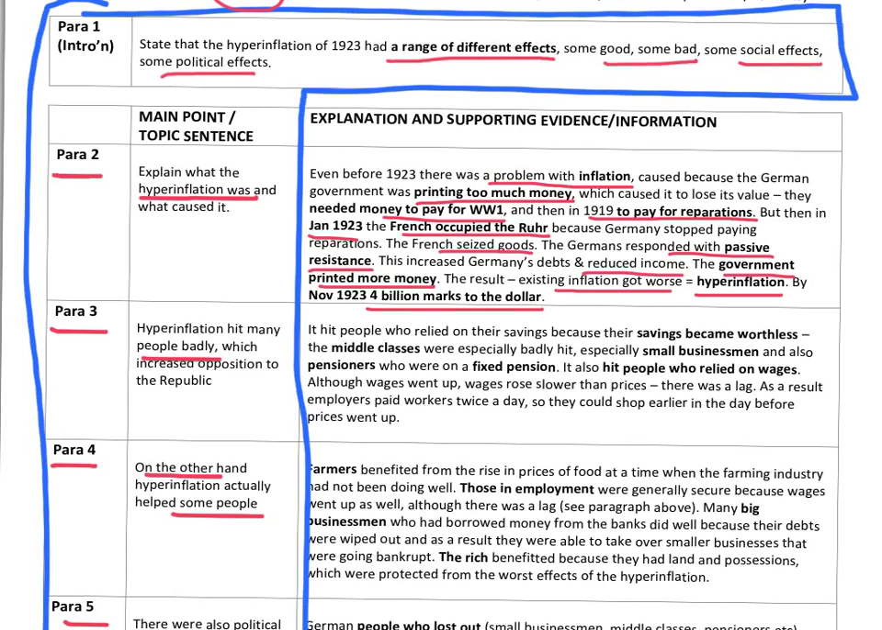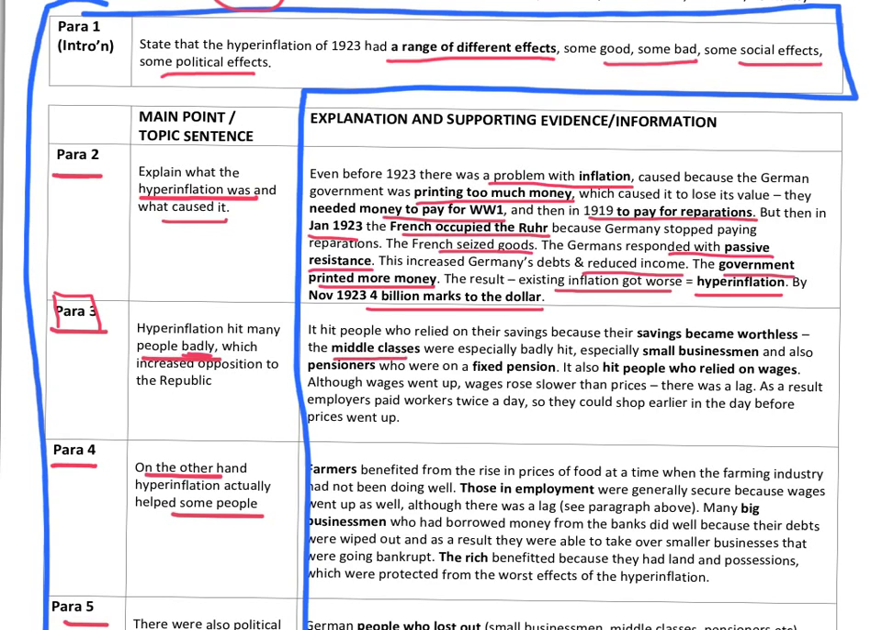So that's an explanation of what the hyperinflation was and what caused it. You then move into paragraph 3, and what you're doing here is focusing in on the negative impact on the people who suffered. Now basically the key point is